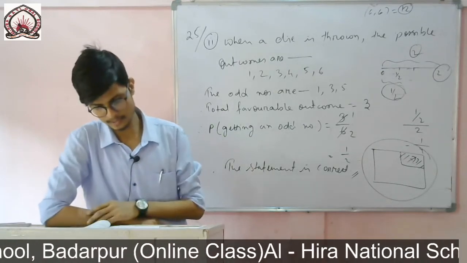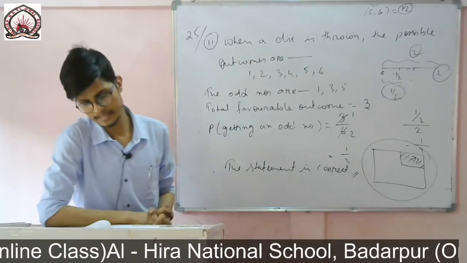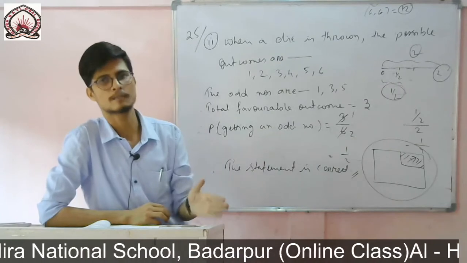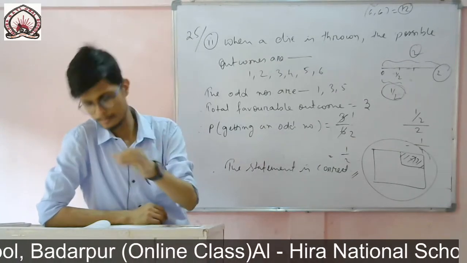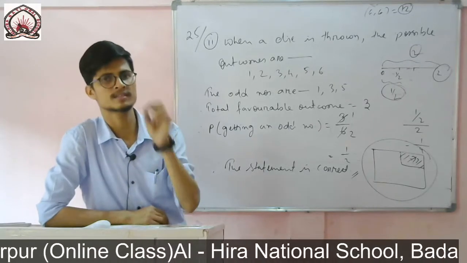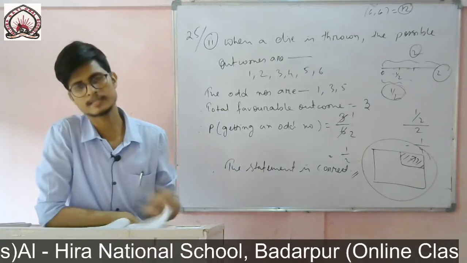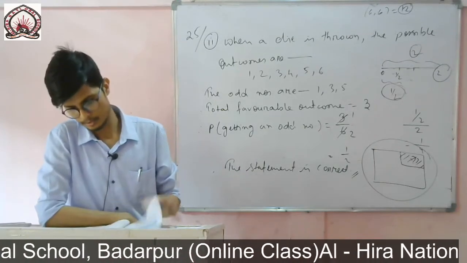And the last one is, you see, sum less than or equal to 12. All the sums are less than or equal to 12, you will not find any sum which is more than 12. So 36 out of 36, it is a sure event or a certain event. So 36 by 36 equals 1. This one is also an important question, so you try it nicely.